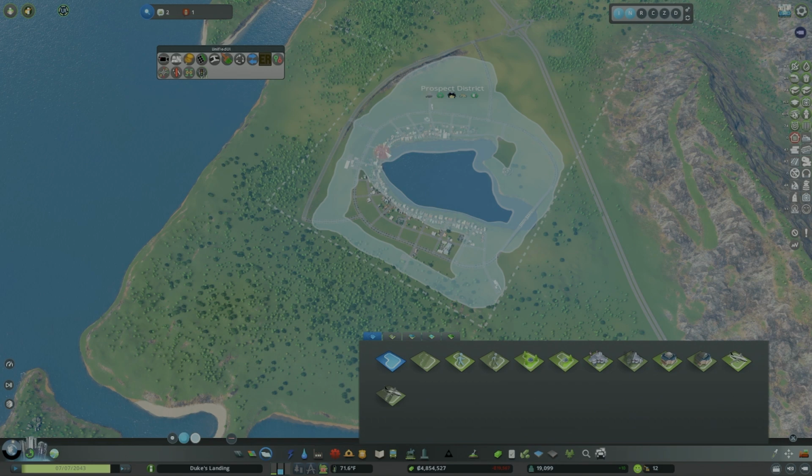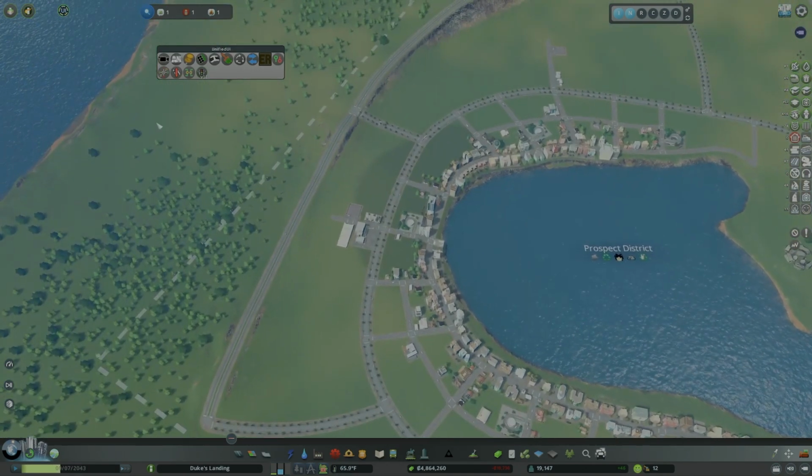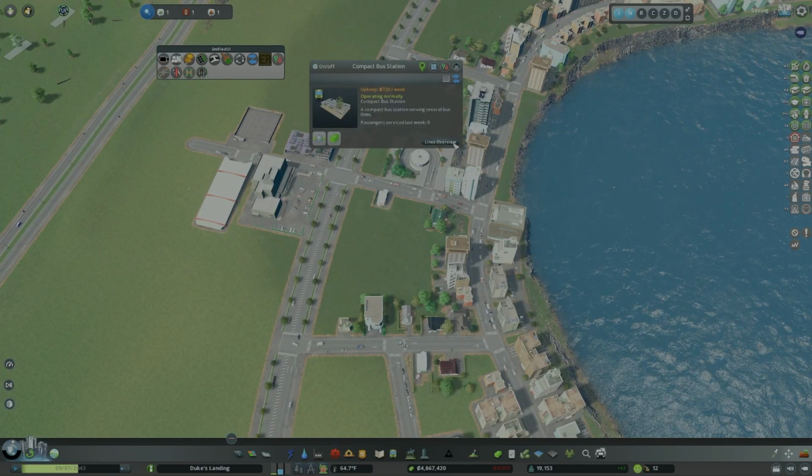I think we should do like fishing tours or boat tours in the middle of the lake or something. That could be fun. Probably should have like a little fishing industry going on in here. Alright, so Prospect District. So this bus line...